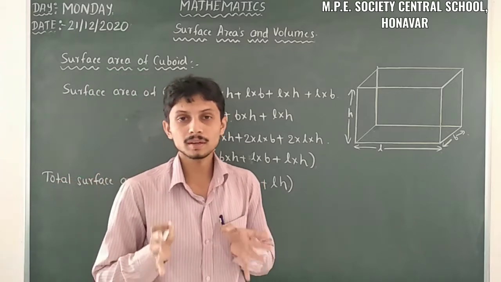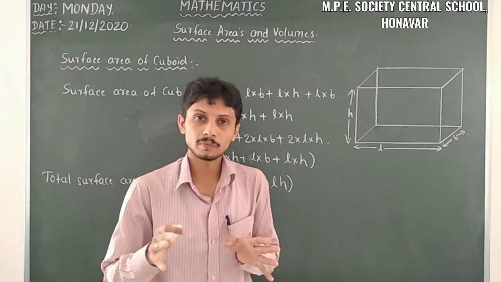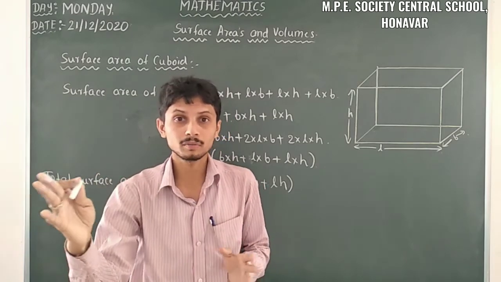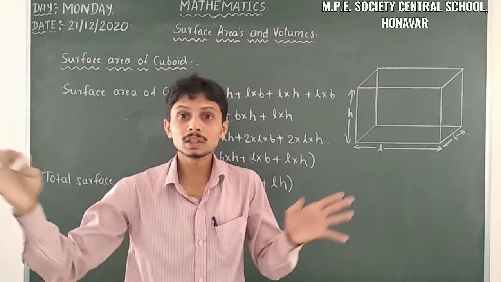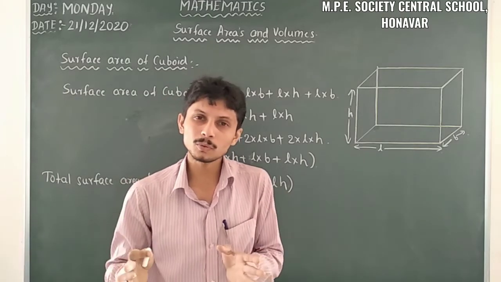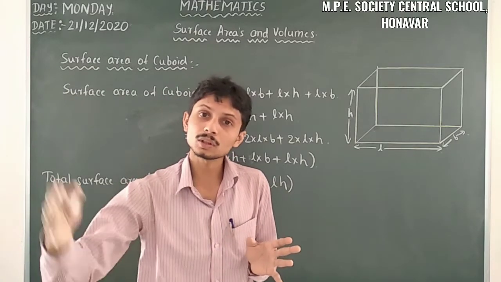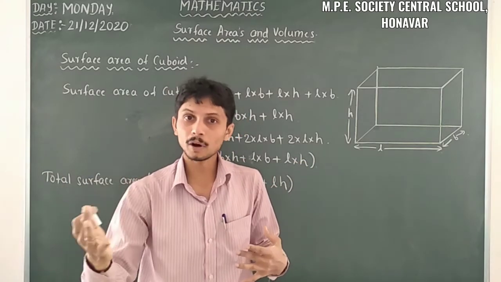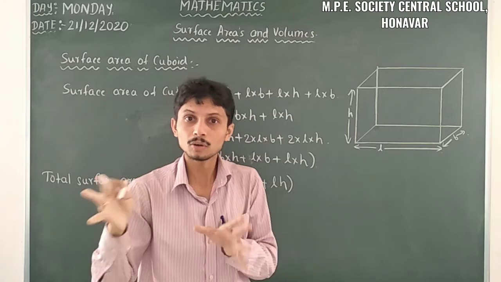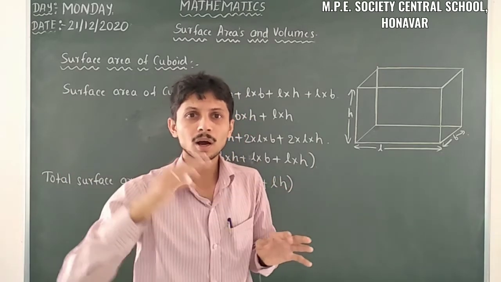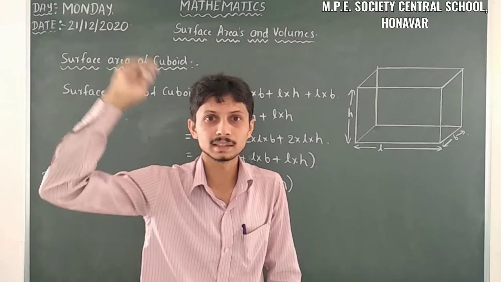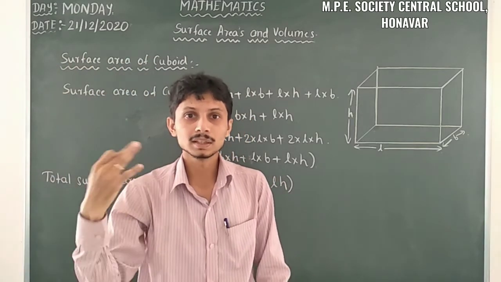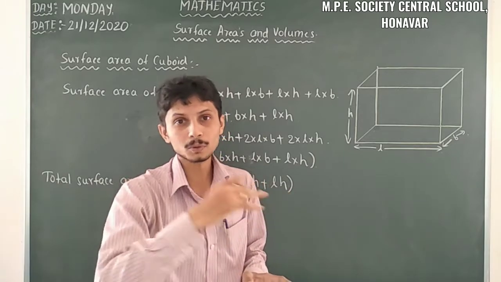Now suppose we are not considering the top face and the bottom face. When we have to paint our room, only the 4 walls, we are not considering the total cuboid. When we consider the room as a cuboid, you are only painting the four walls, avoiding the floor and the ceiling. So we have to consider only the four walls.